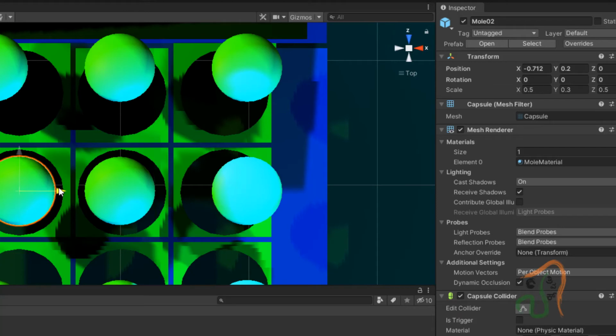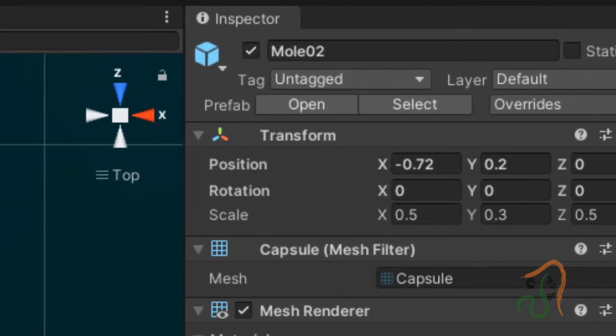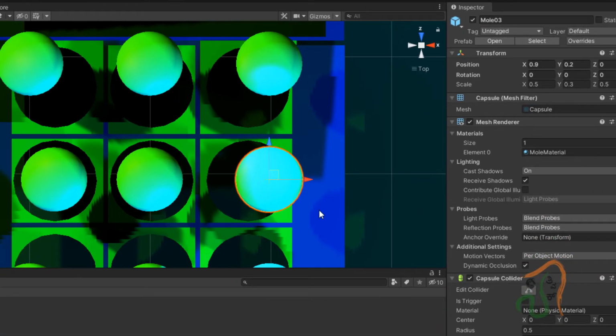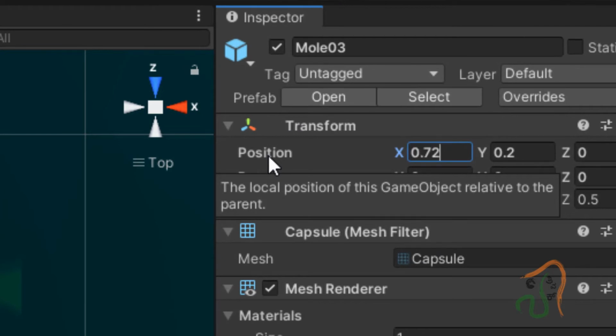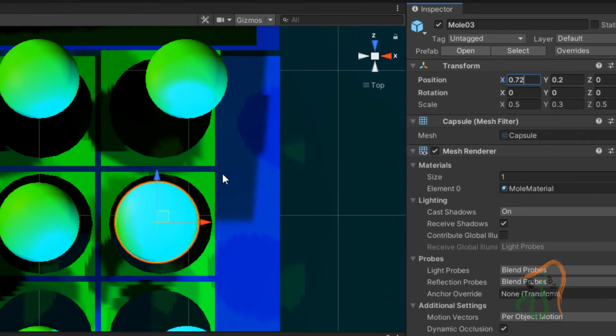I think we can move it to around 0.72. So remember this value, 0.72. This is fine. Now select this one and also move it by 0.72. Okay, this is placed fine.